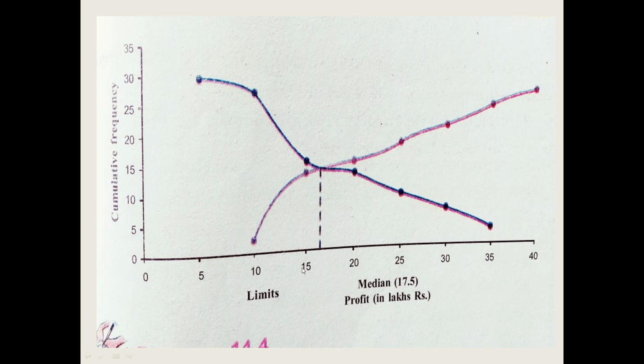So our median lies in the 15 to 20 class interval. That value is nothing but 17.5 in our graph. This you can observe, children. So there is nothing else to do except prepare the table. First, according to the class intervals, take the given frequencies. Find the less than cumulative frequency values and greater than cumulative frequency values, and draw the graphs with the help of cumulative frequencies and also boundaries.